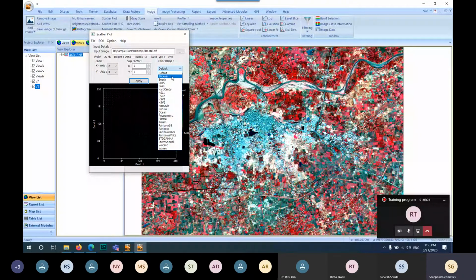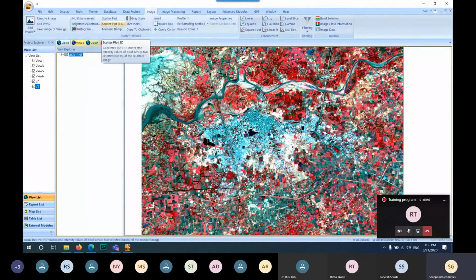You can also change the color tone. So this is useful for scatter plot of your image. By using this scatter plot analysis, you can check the features which are inherited in your image. Other is scatter plot 3D, and next one is the numeric dump.